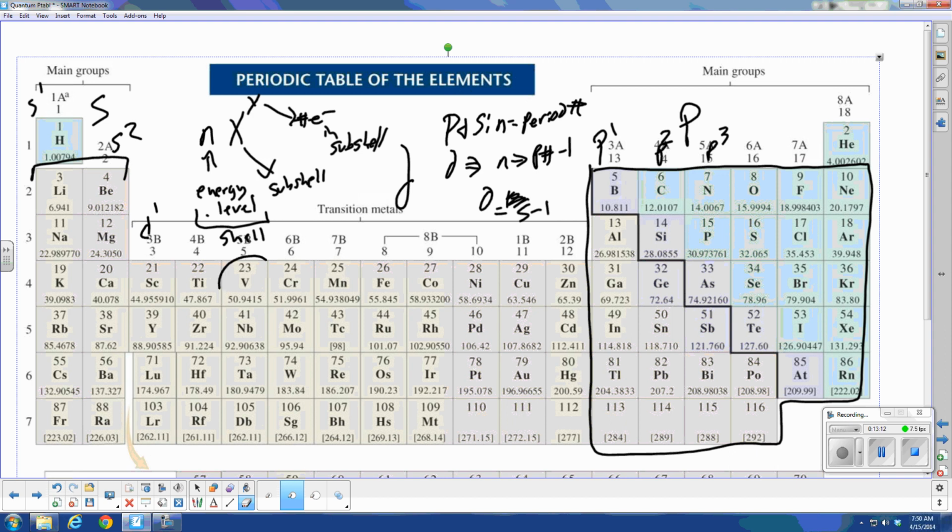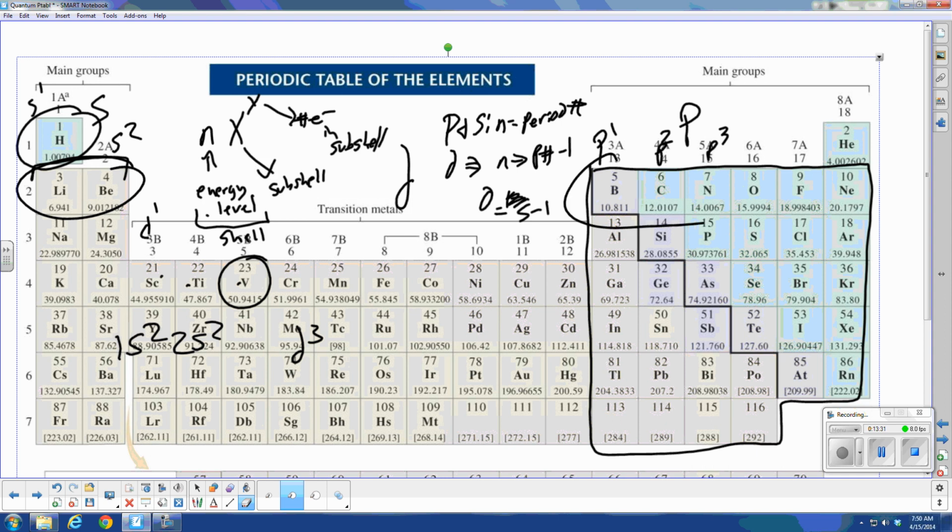So if we're doing something like this, here's vanadium. It is a 1, 2, 3. It ends in a 3, a D3, right? Now, where do we start? We start always up here. So we go 1s2, 2s2, 2p6,